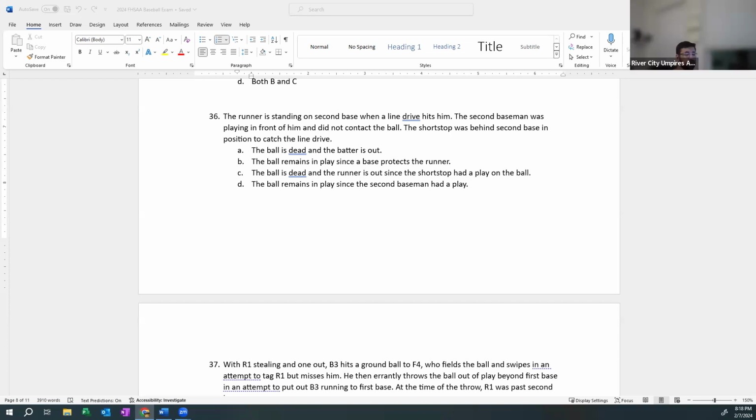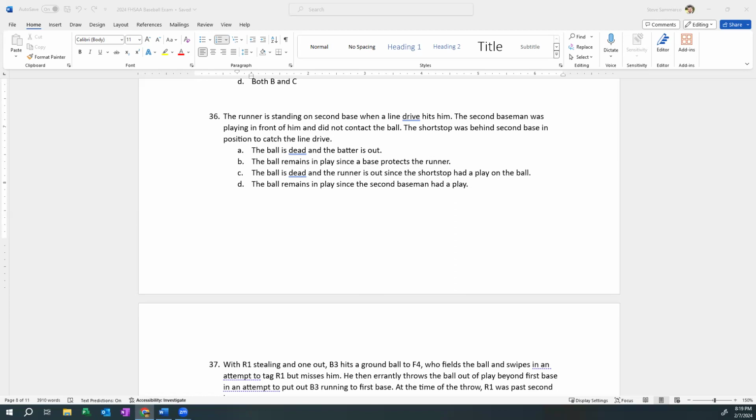He is in Carl. I remember talking about this. We actually went into detail on this, right? There's a very specific rule. It's his initial, but the way I read the question, with them saying the second baseman playing in front of him did not contact the ball, I read it as the second baseman makes an attempt on the ball but doesn't contact it. If that's not the way it's worded, he's just in front of him, then he is out